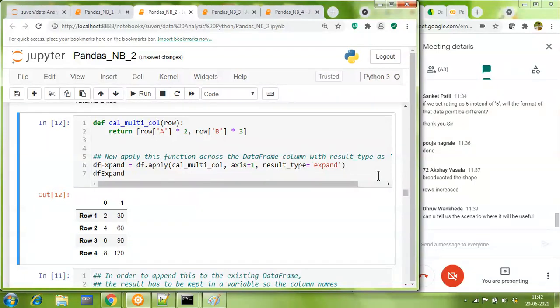So Dhruv has a question. Dhruv, you will not be able to correlate with any kind of scenario here, because most of the time when we are dealing with neural networks, internally expand and reduce operations happen. In convolutional neural networks specifically, they happen on their own. Plus, for some mathematical operations, we may have to reduce or expand.